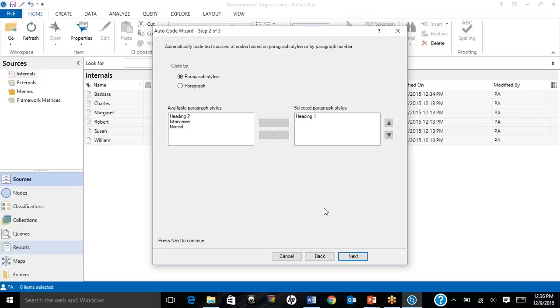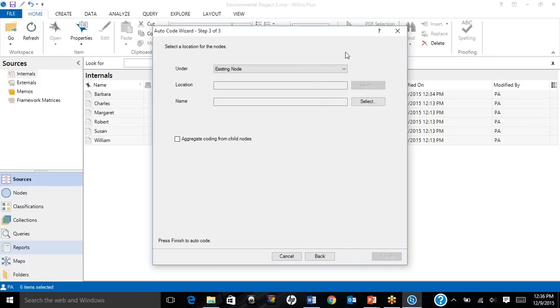The research interview question. So we bring that to the right side, right? And then you click on next, and then it will ask you whether you want it to be grouped under a new node. Remember, node is all about container. We want to put it in a new container, and then we want to label that container